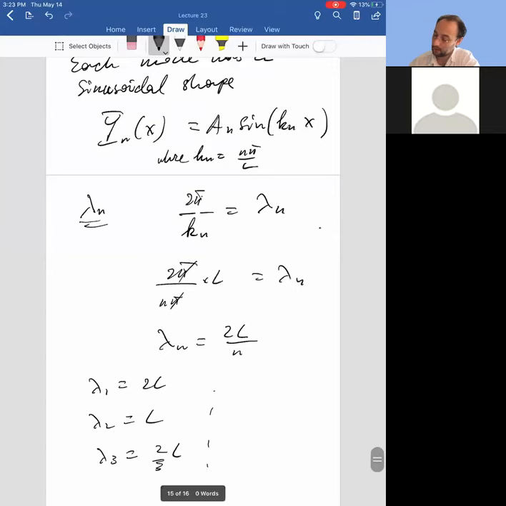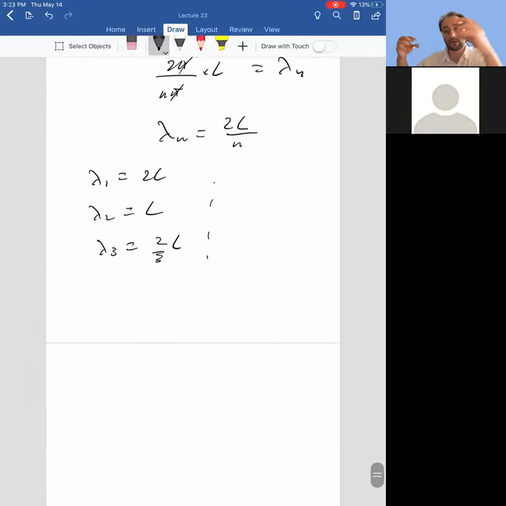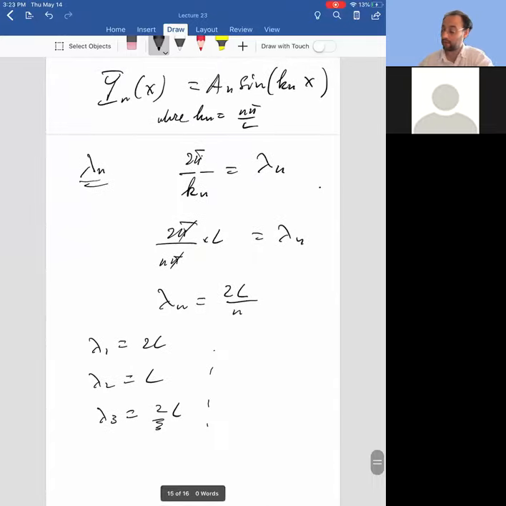Okay, so we learn two things automatically: that modes are sinusoidal, and in general that will not be the case. You can have other equations of motion that will produce modes of other shapes. In this case, they happen to be sinusoidal, but in general, that's not the case. And I gave you an example with a very thin wire, or like a steel girder. Okay, good. So we learned about the shape of the modes.